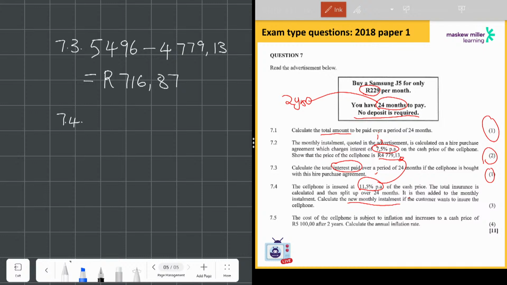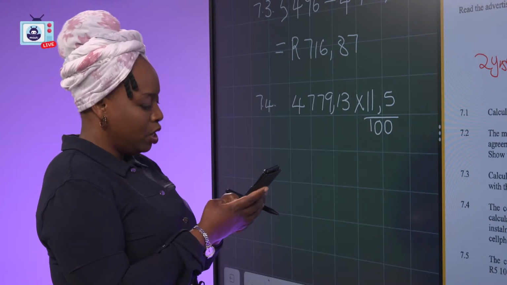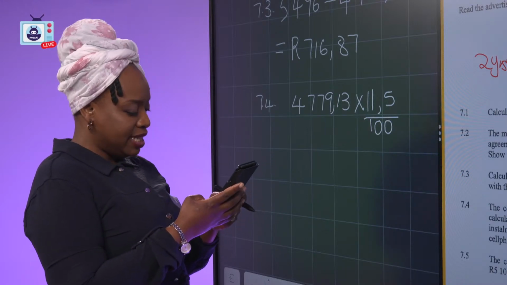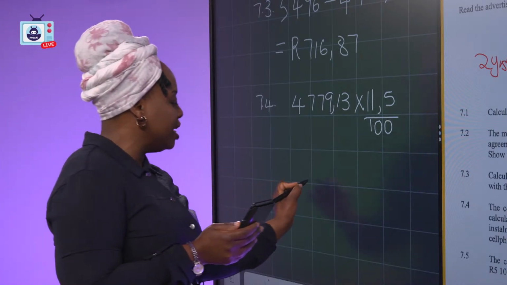We're going to say 4,779 and 13 cents, then we will multiply that with the percentage, because that's what we are looking for of the cell phone. So that is 11.5%, which we can divide by 100. Let's see. If we calculate that, we have 4,779.13 multiplied by 11.5, then we divide that by 100. That is giving us, and I'm going to write it here,